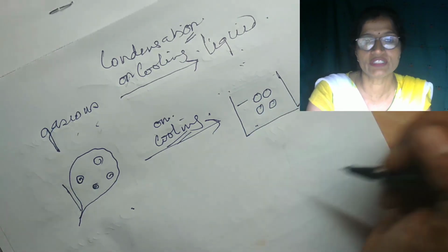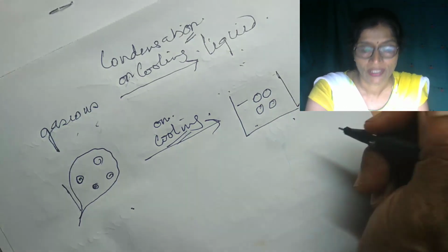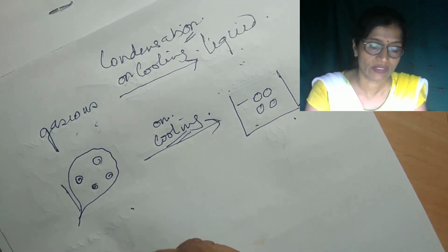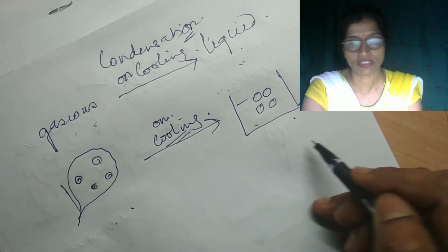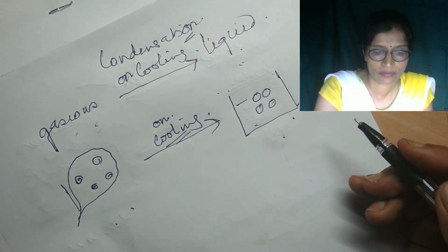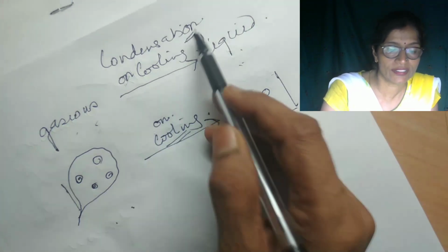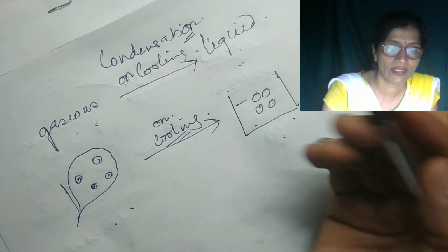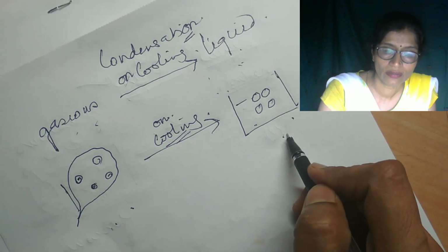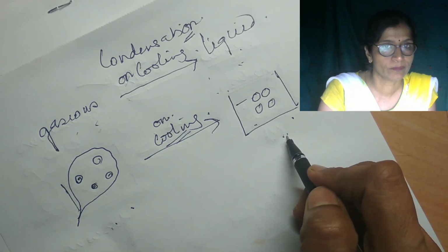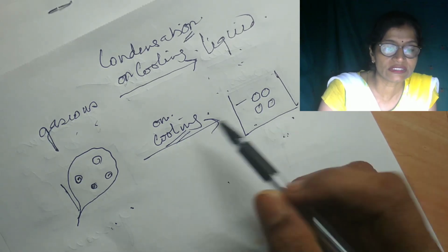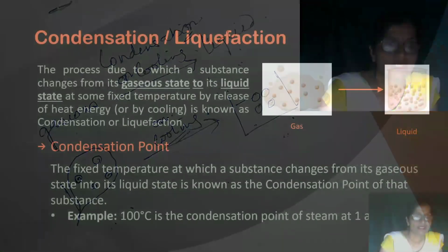Within the boundary of this container they are kept, and that is why in this way the substance changes from gaseous state to the liquid state. And this is known as condensation or cooling, like water vapor converted to liquefied water during this condensation. Next is that,